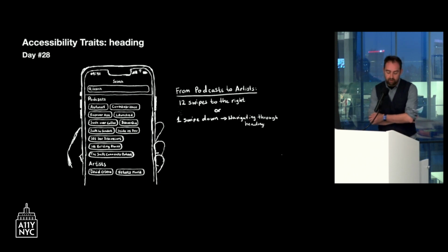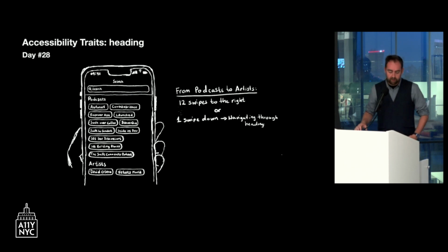Then the heading trait is super important as well. Lots of apps miss heading traits everywhere, and it's one of my favorite quick wins to improve the experience with VoiceOver. So everything that looks like a header should have a heading trait, basically, starting with the title of the screen. And that helps the user quickly browse what they can find in the screen, like the different sections. But more importantly, or as importantly, it helps the user navigate quickly through the screen.